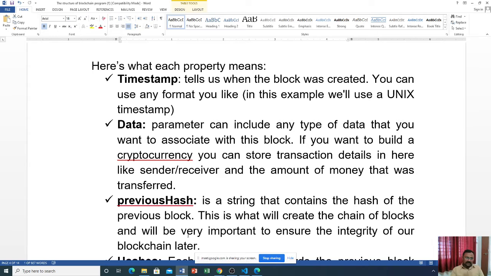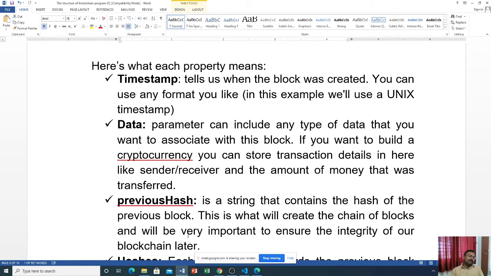The sender and receiver names are important, and how much you want to transfer to the other person. That information can be included in the data.